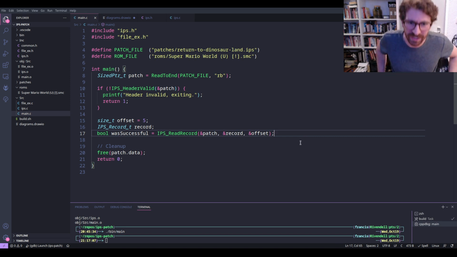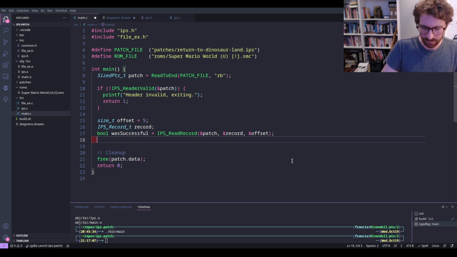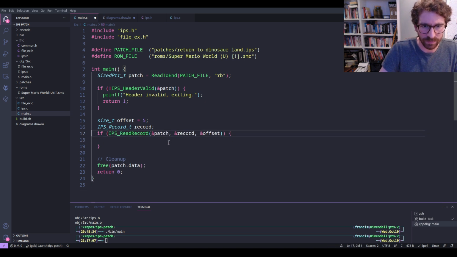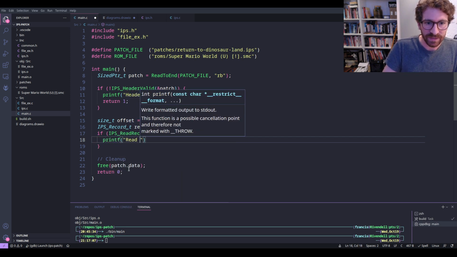Of course, when we actually read all the records, I'm probably going to do that in a separate function, and then that function will take care of handling and allocating all the memory for the records. So if it was successful, then we can say, I guess we could just put that here, we don't really need the variable. And if it was successful, let's print a message. So we read a record,